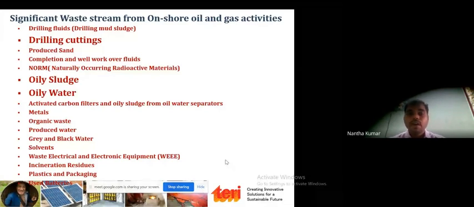So now industries and agencies are looking for eco-friendly processes which should not produce any pollutant during the treatment process, or should not produce significant secondary pollutants or byproducts.